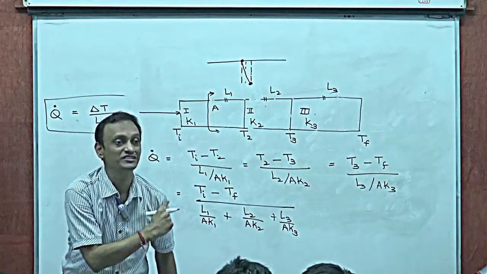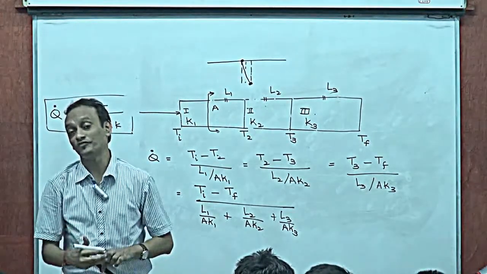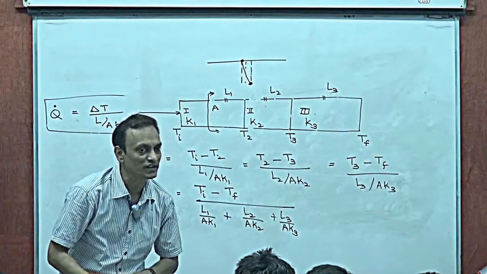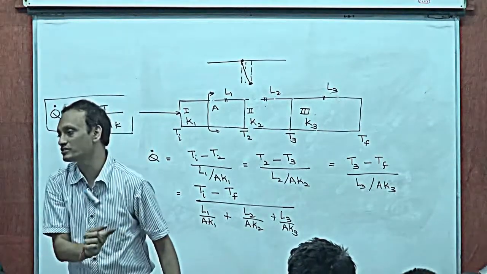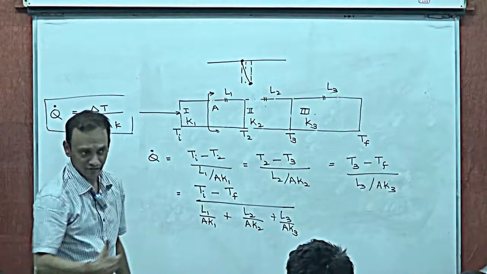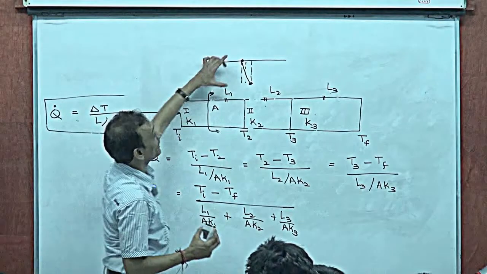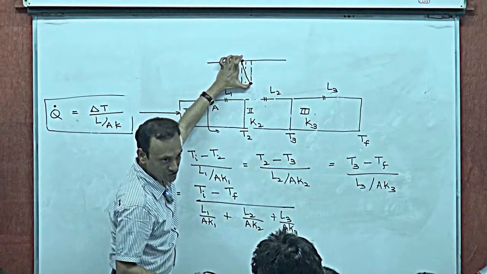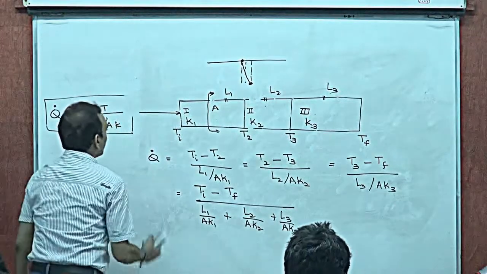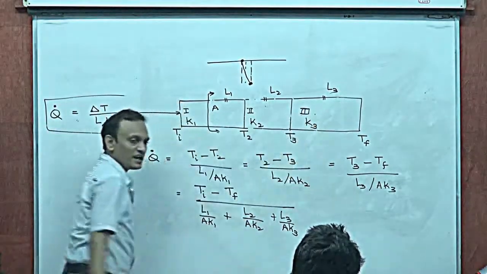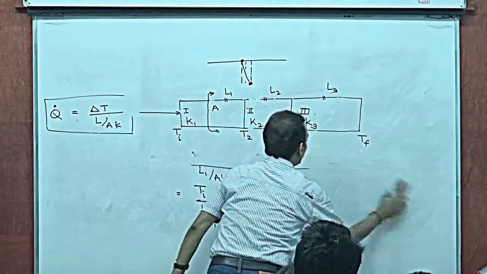There is a contact resistance also in real life situations that we have to deal with. And if the problem is a sophisticated issue that we are dealing with, then we will have to also model the contact resistance, if any, whenever two slabs are joined end to end. So we will have to account for that in a real life situation. Now, so these were resistances in series, and that's how you deal with them, right? Now, you could have had